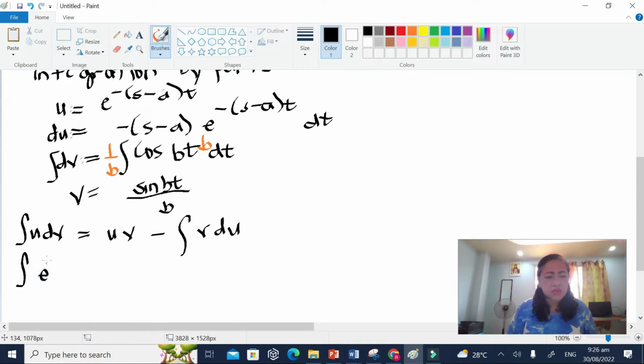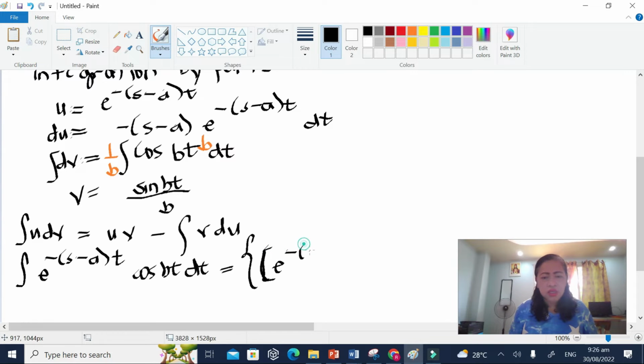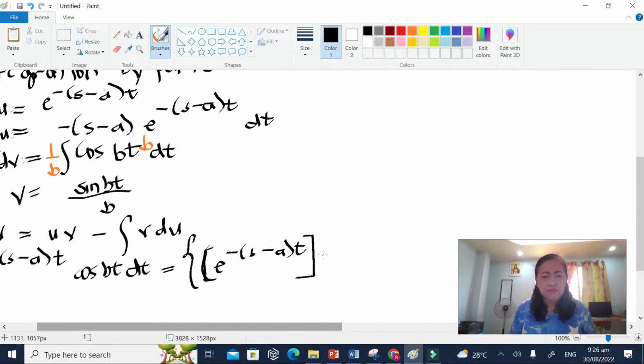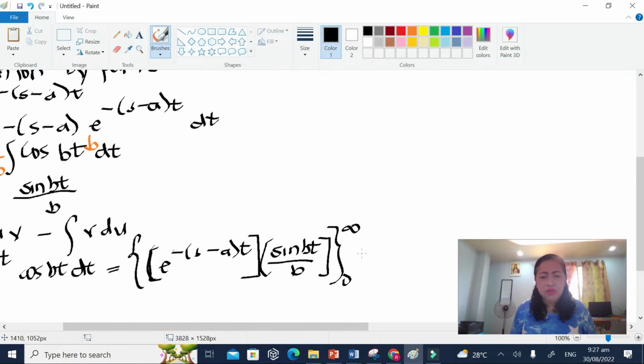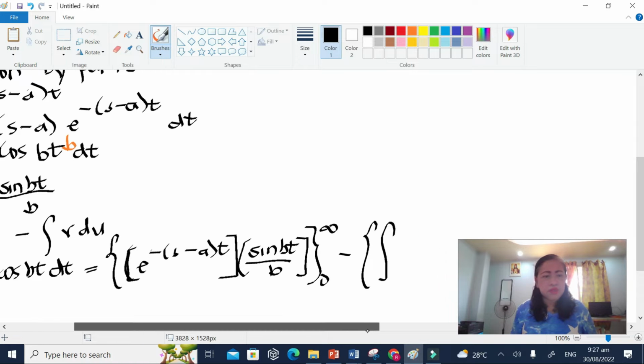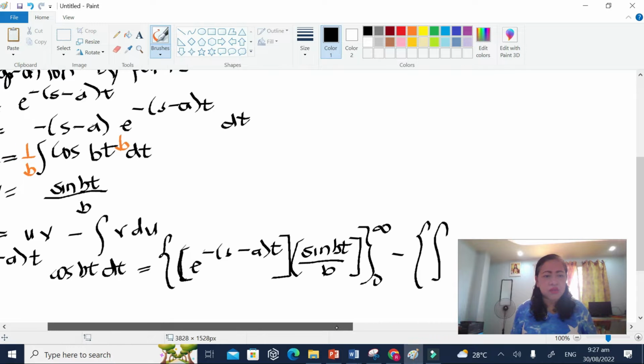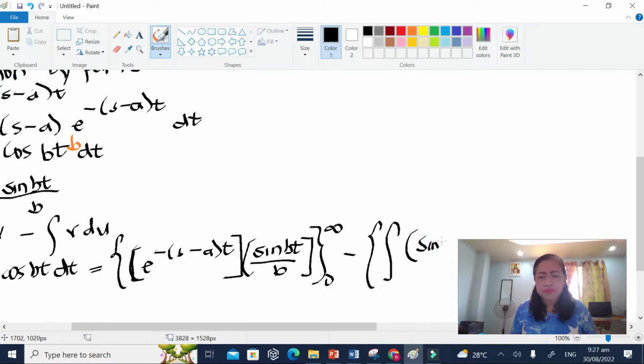Substituting, the integral of e to the negative (s minus a)t cosine of bt dt will be equivalent to u, which we chose as e to the negative (s minus a)t, multiplied by v, which is sine of bt divided by b, evaluated from 0 to infinity, minus the integral of v du, where v is